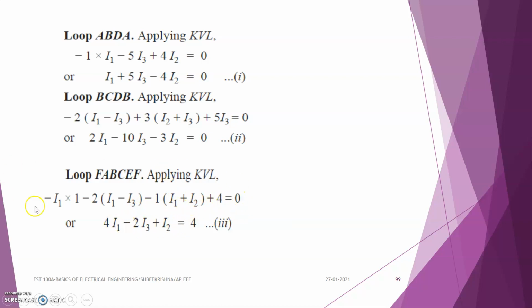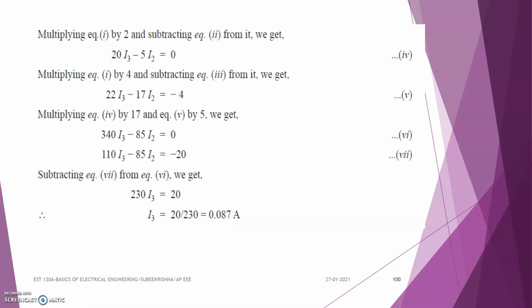And on rearranging this equation, we get 4I1 minus 2I3 plus I2 is equal to 4. Mark it as equation number 3. On solving these three equations, we get the value of I3 as 20 divided by 230, that is equal to 0.087 ampere. So the question is, what is the value of current which is flowing through the galvanometer,